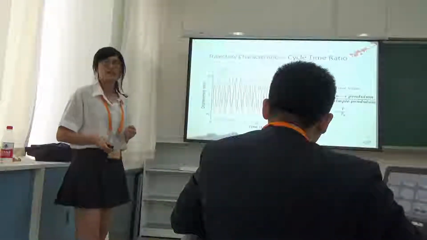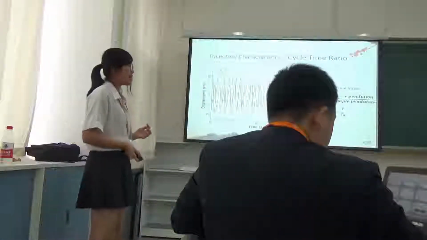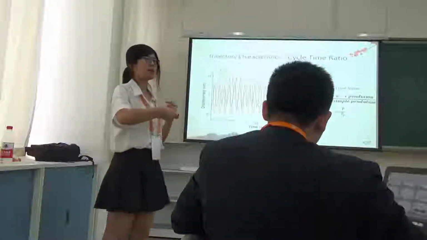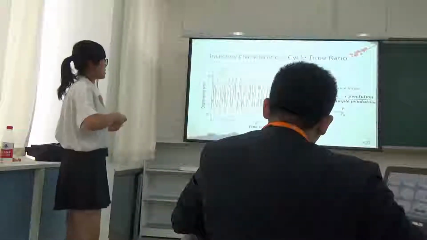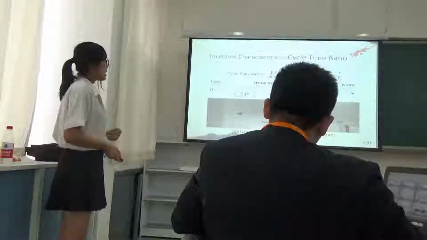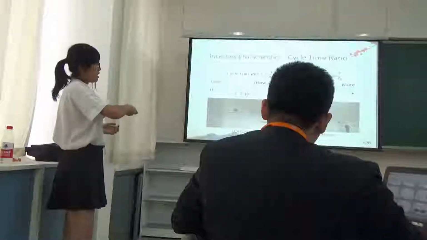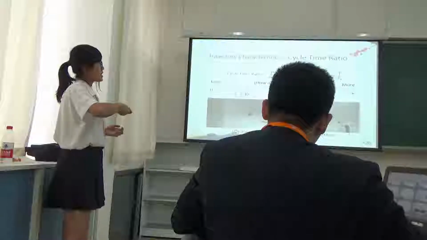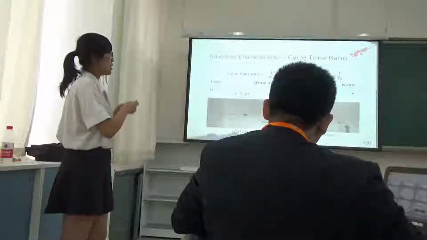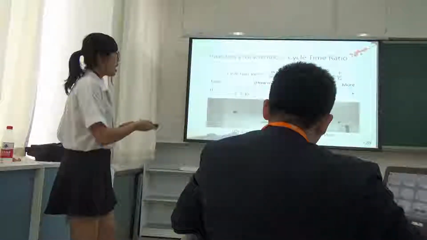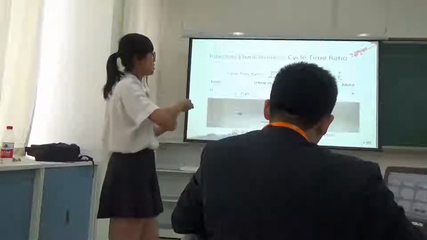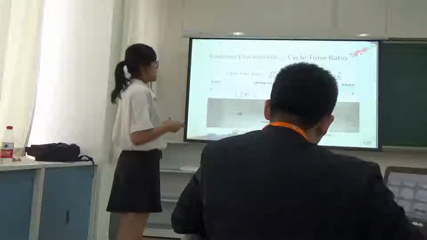And the third is the cycle time ratio, where it is defined as the period of Azimuthal-Radial Pendulum divided by the period of simple pendulum. And we use this XY displacement graph to find out those periods. And here you can see on the left side, in these experiments, it only takes about 7 periods of simple pendulum to achieve Azimuthal-Radial pendulum. However, on the right side, it needs about 25 periods of simple pendulum to achieve the Azimuthal-Radial